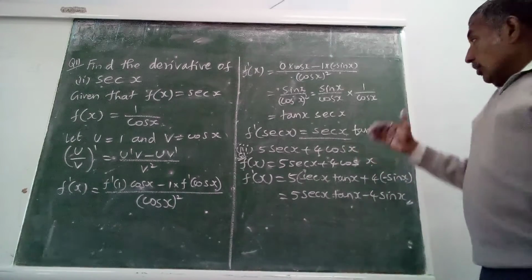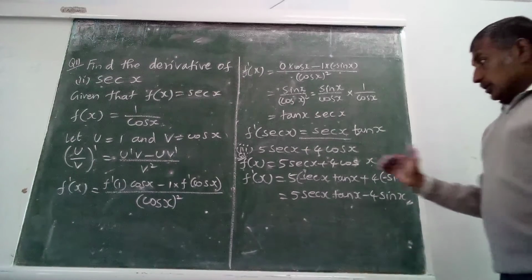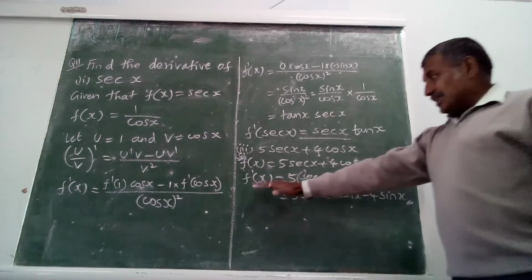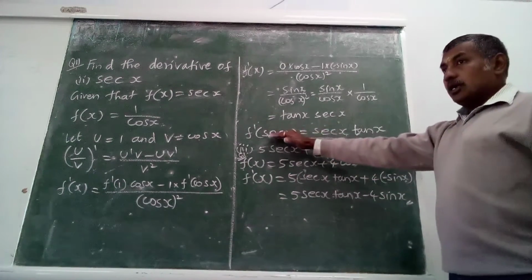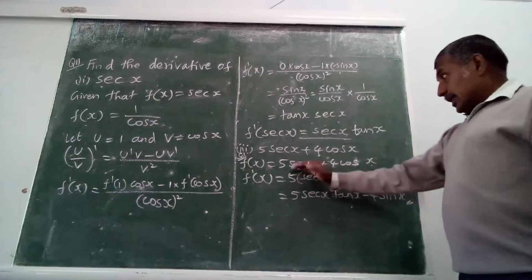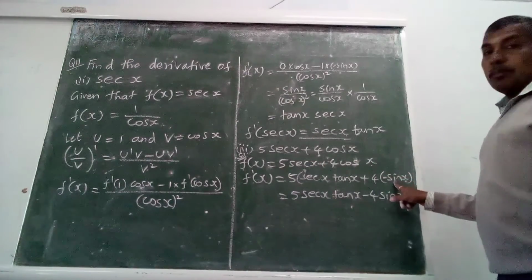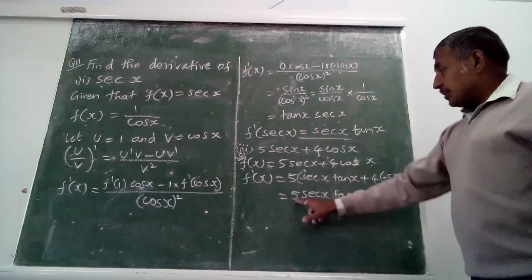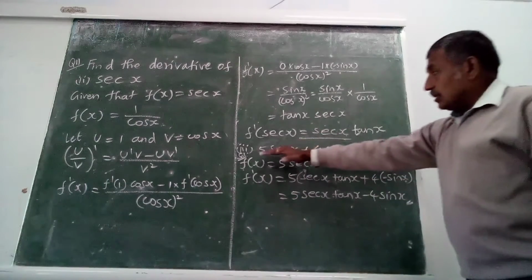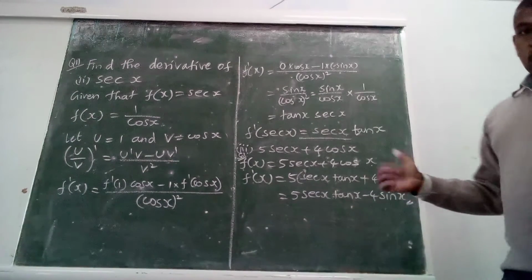Got it? Now see the next question. Find the derivative of 5 secant x plus 4 cos x. That means given question we can consider f of x equal to 5 secant x plus 4 cos x. F dash of x, already we know, just now we learned, secant x when you differentiate you get secant x tan x. So 5 as a factor we keep it. Secant x differentiate, secant x tan x we get. Then 4 cos x. So cos x differentiate we get minus sin x. So 5 secant x tan x, and 4 into minus sin x is minus 4 sin x. So when we differentiate 5 secant x plus 4 cos x, we get 5 secant x tan x minus 4 sin x. Hope you understand that.